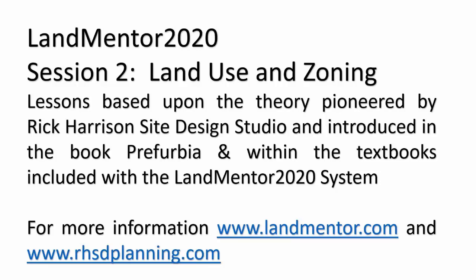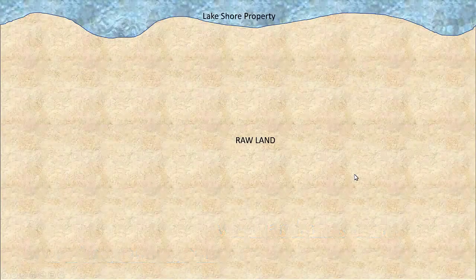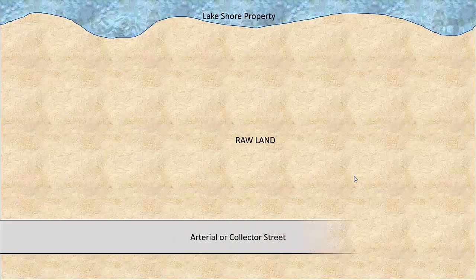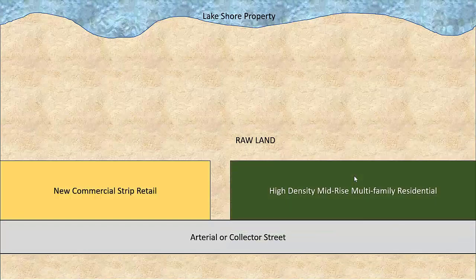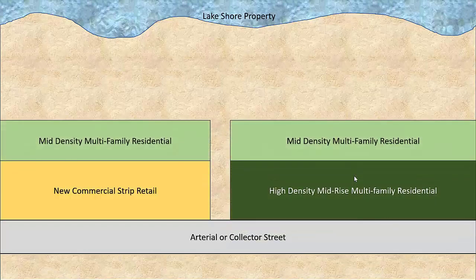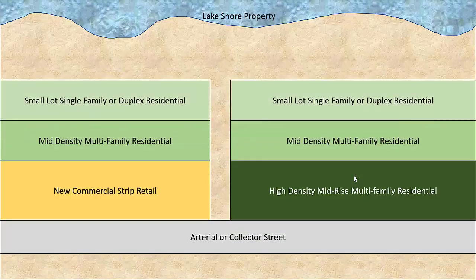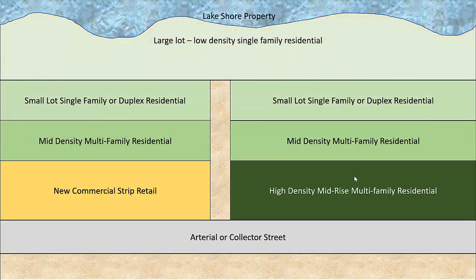Let's talk about land use and zoning. The pattern is important because most of today's suburban cities, as well as most of the large scale master plan communities, use the same theory. Arterial or main roads place commercial use and multifamily of the highest density and then transition internally to lower density